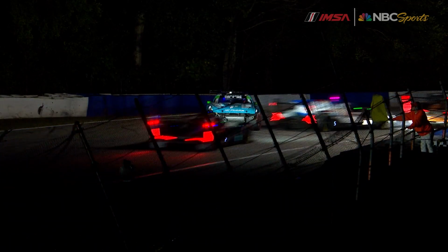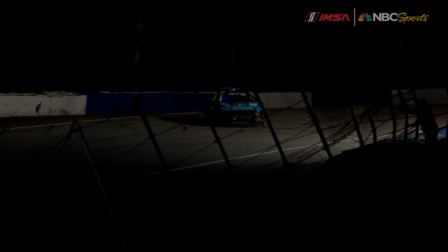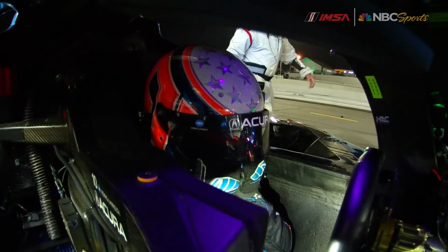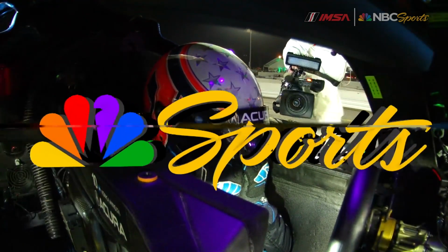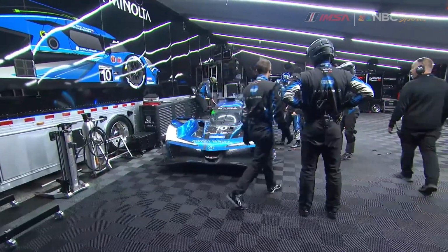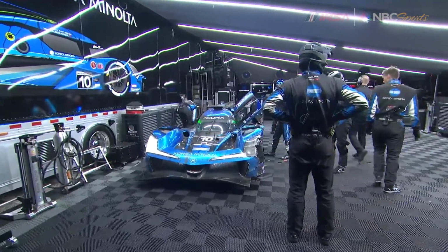No headlights to help out Ricky Taylor with the 55 backwards in the darkness. And I'm so glad both those drivers are okay. Ricky Taylor can't believe it, and it could be so much worse. Matt or Dylan? And let's check in with Wayne Taylor, who is, of course, the team owner and just was